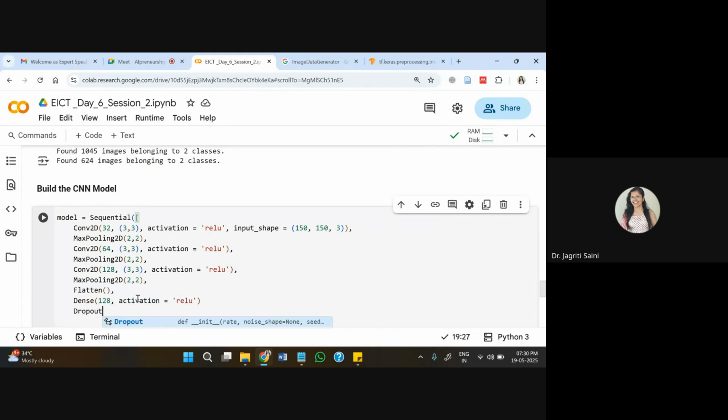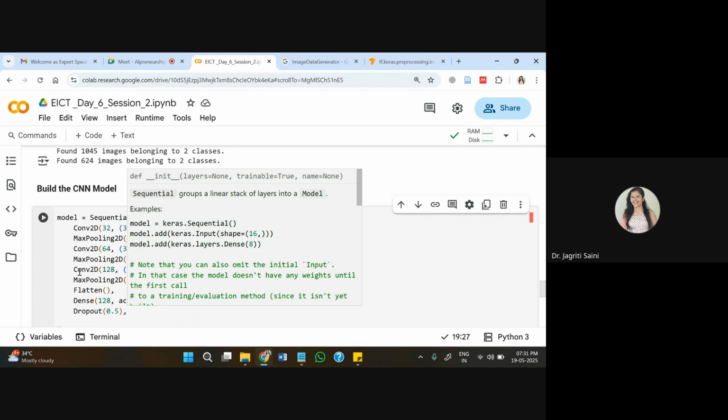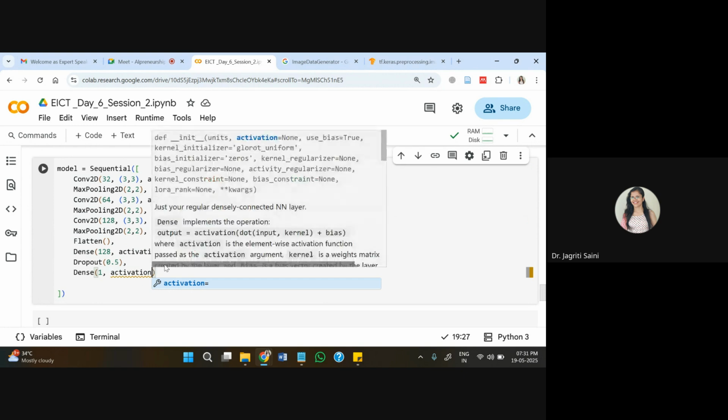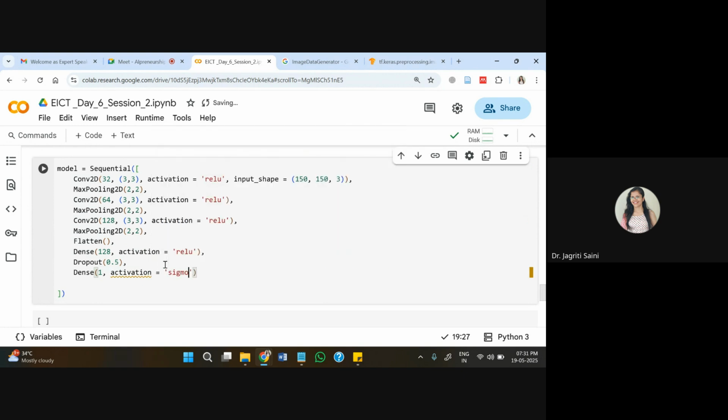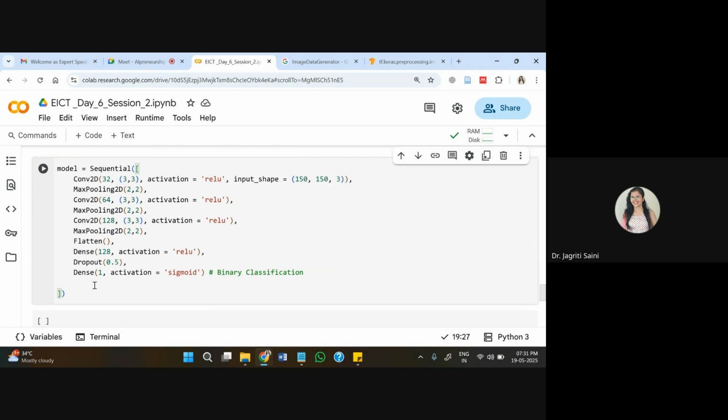Then I'm also using one dropout layer and I'm switching off 50% connections, for example. You can try different connection switching also, like 20%, 40%, any of them you can try. I'm using 50% connection dropout during the training phase so that I can design a robust model based on this. And then on the final dense layer, I'll use sigmoid function because we are working on binary classification, and the most suitable activation function for that is sigmoid on the output layer.